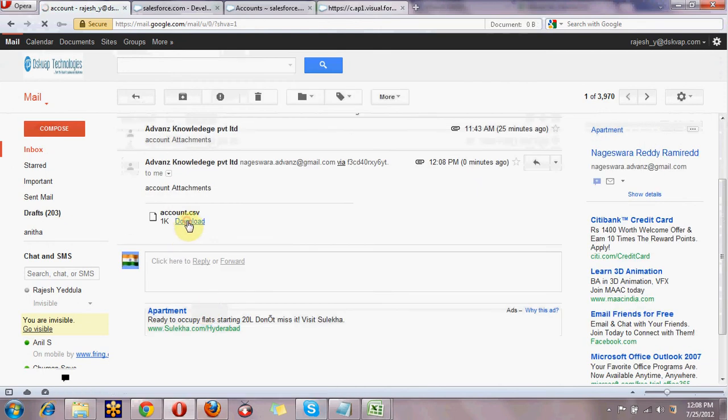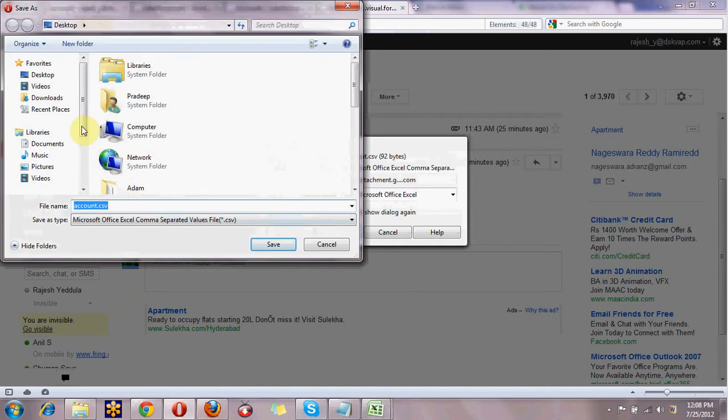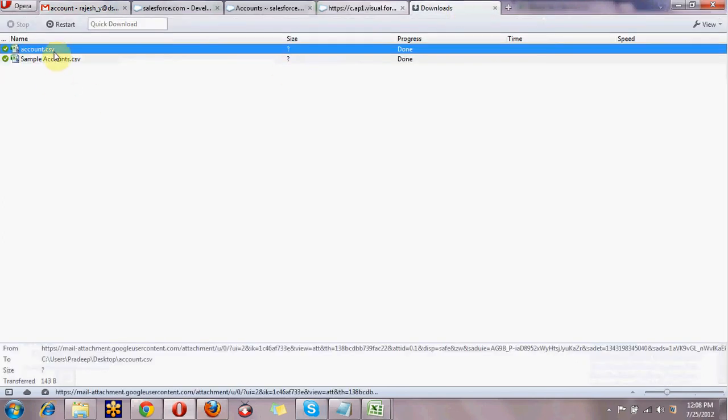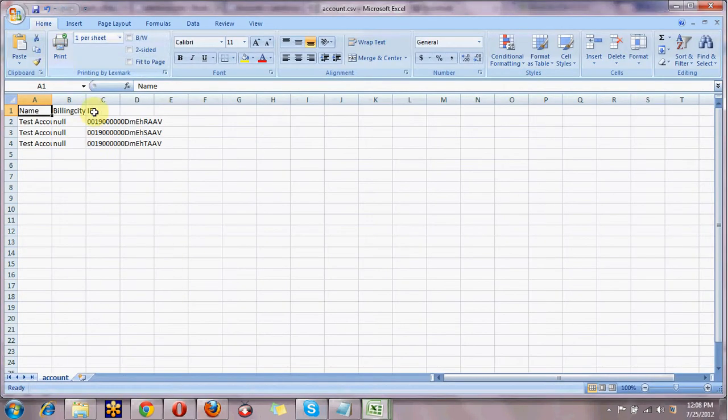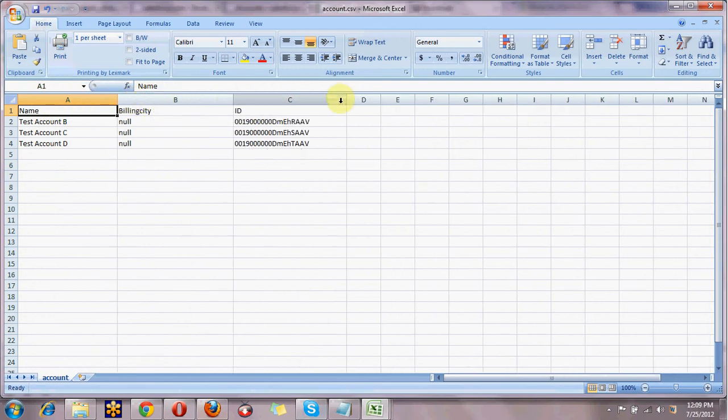Once I download it, see, now you can find, for the sample purpose, I just wrapped name and ID itself. There is no billing city, that's why it is showing null as well.